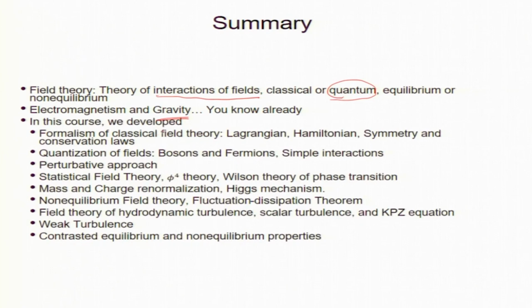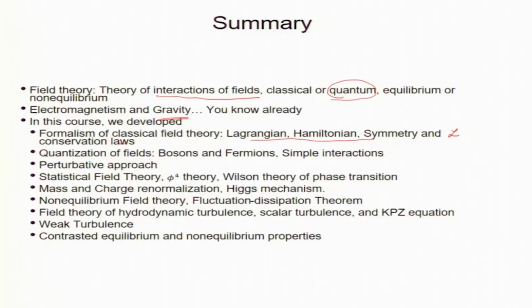Okay. So I first started with formalism: Lagrangian, Hamiltonian, symmetries, conservation laws, and I hope you understood this part. We can write down the Lagrangian of fields. Hamiltonian we can derive given the Lagrangian. Noether's theorem was a very important theorem. Then quantization. We can quantize these fields as soon as we bring in quantum mechanics. Then the commutation relation comes, which is not there for classical fields.